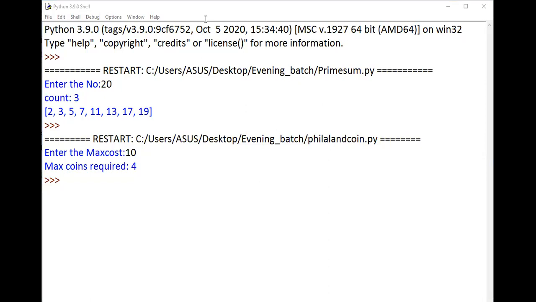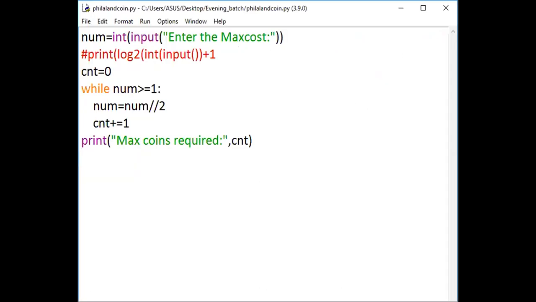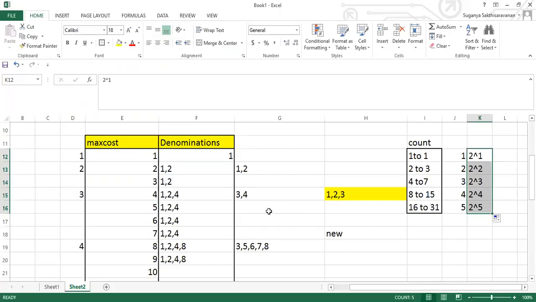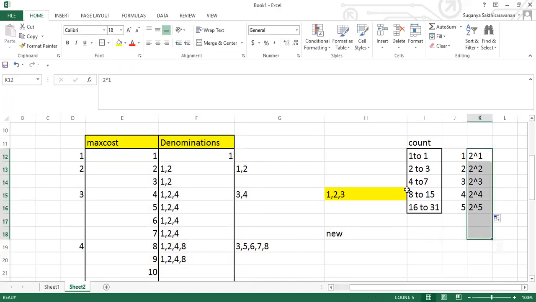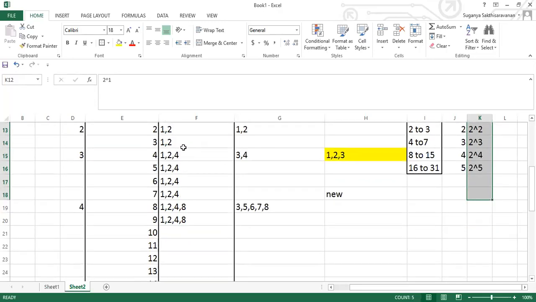The rule is continuously divide the number by 2. I told you why you should divide it. Simply if I say divide by 2, you can just understand division by 2 gives you the answer. The reason behind it is the logical sequence here. You should understand this Excel sheet whatever is generated here, this denomination sequence. If you understand this denomination sequence, then you can understand why it is powers of 2. So if you take any number, divide the number by 2, how many times it is divided, that could be the number of coins. This is the logical sequence behind it.